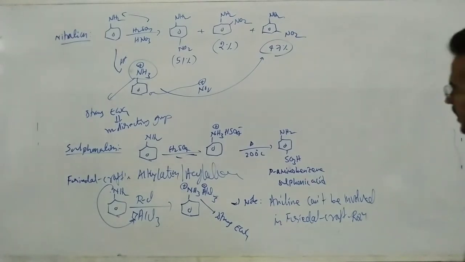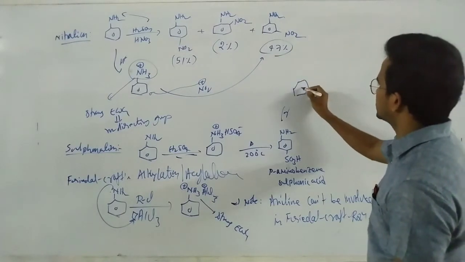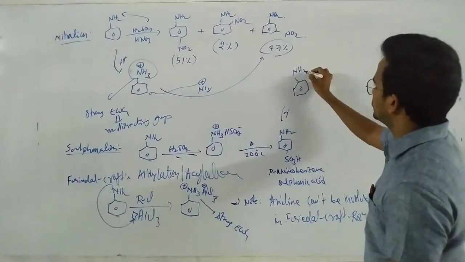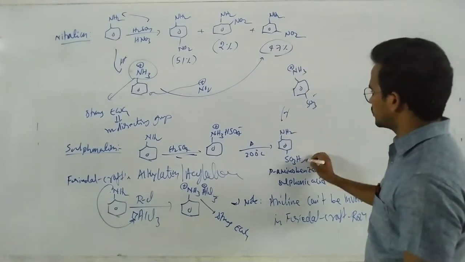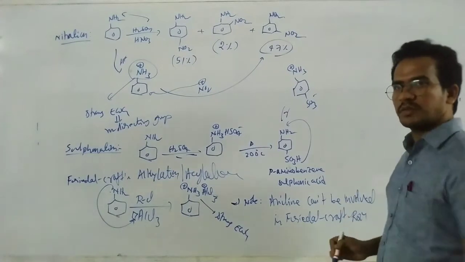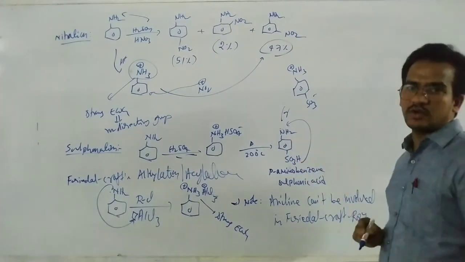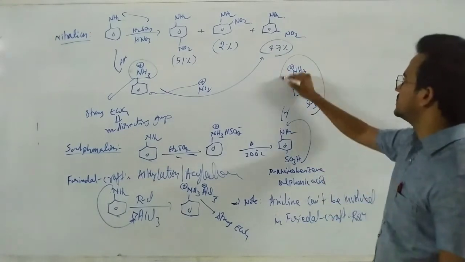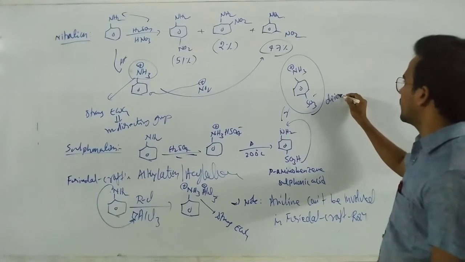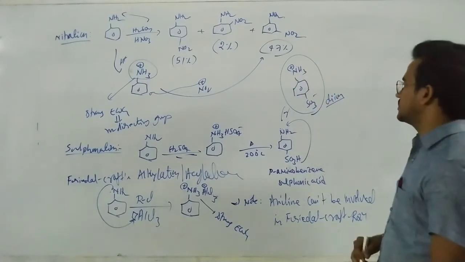Okay, and here one more point. Actually here also, NH2 becomes NH3 plus, and this one becomes SO3 minus. Here the proton can be transferred. That means an intramolecular acid-base reaction. It is a basic site, and it is an acidic group. So an intramolecular acid-base reaction takes place, and we will get the di-ion. That means this one contains both positive as well as negative charge.